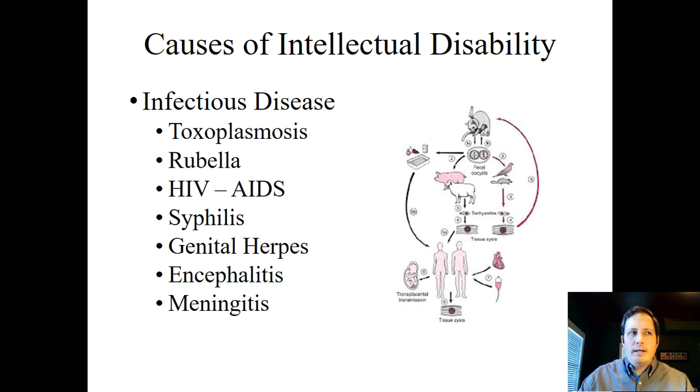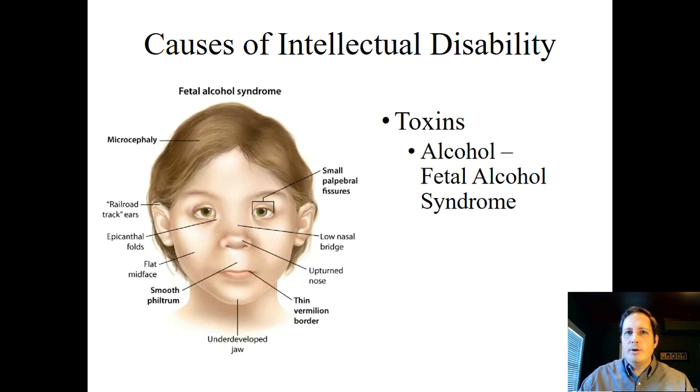Now, moving on to toxins, one of the most frequent toxins that we're going to see is in individuals who've been exposed to alcohol from their mother's drinking during pregnancy. About 1 or 2 out of every 1,000 births is a child born with fetal alcohol syndrome. What you see is that they have slowed physical development, a smaller head, narrow eyes, various cardiac defects, and cognitive impairments.